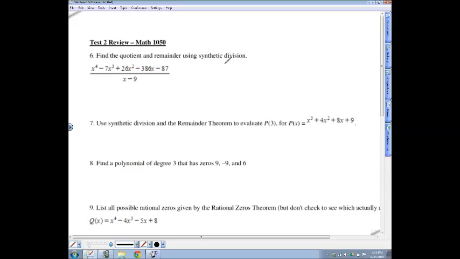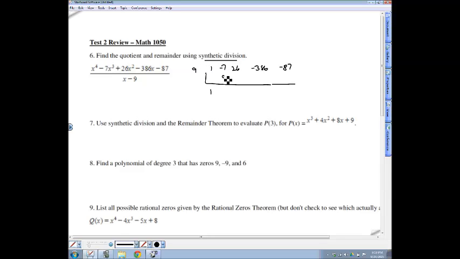Question 6 is to find the quotient and remainder using synthetic division. So this is done by an upside down long division bar, and you have to check the dividend up here in the numerator to make sure there aren't any missing terms, and there aren't. And then we're synthetically dividing by the 0 of the denominator, which in this case is 9. Okay, and start the synthetic division algorithm here, drop down the 1, multiply numbers on the outside, 9 times